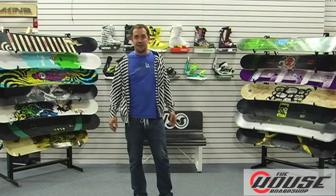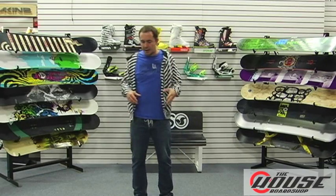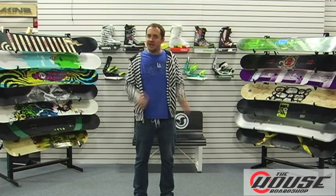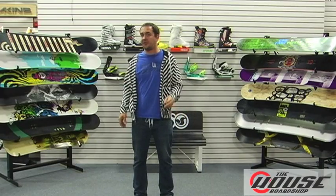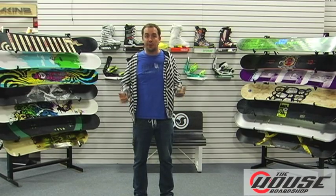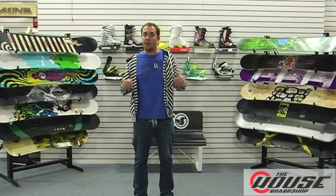Secondly, you're going to be looking at the side cut of the board. Typically, an entry-level board will have more of a radial side cut, a simple side cut, really easy to figure out, really easy to get used to, very forgiving, mellow ride to it. That can change if you make the depth of this radial side cut a little bit deeper. Then it's still going to be a very reactive side cut, where a shallower one will be more forgiving,